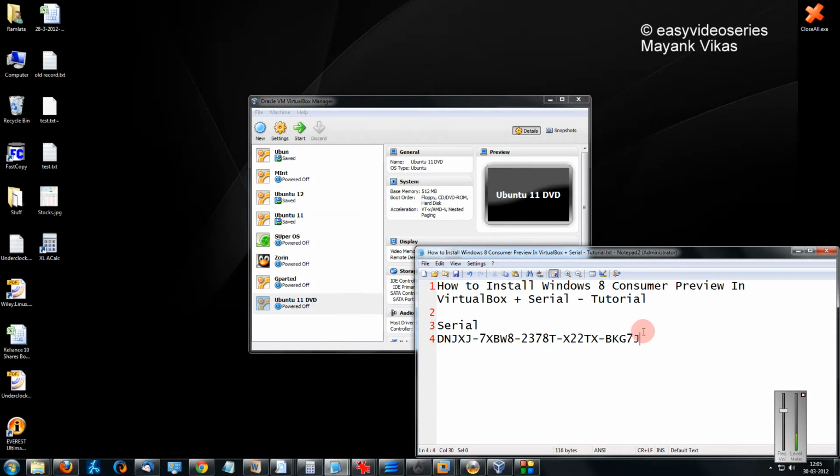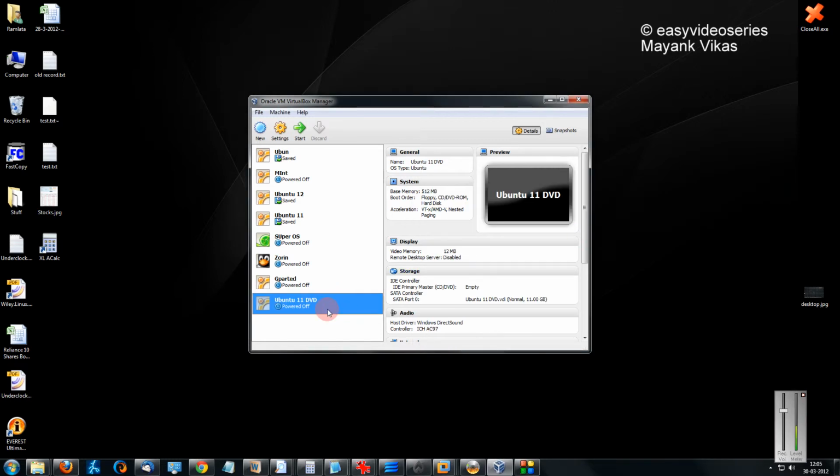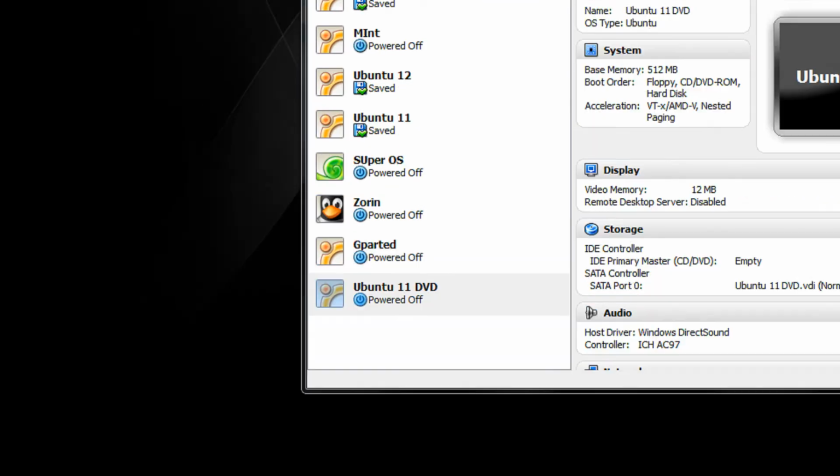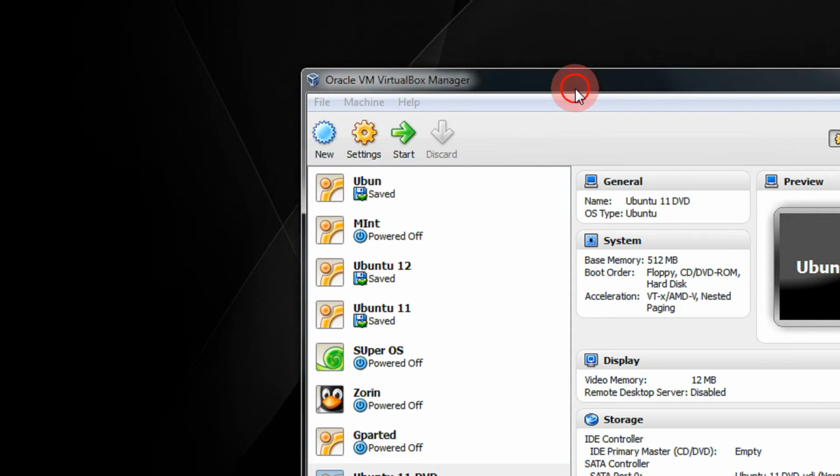This is Mayank Agarwal here, and I am going to show you how to install Windows 8 Consumer Preview in a VirtualBox. Friends, Windows 8 has actually hit the markets and people are expecting a lot from this sort of operating system. So let's install Windows 8 in VirtualBox today. There are a few settings to be tweaked and taken care of, so I will show you that.